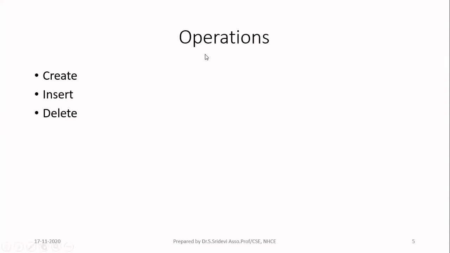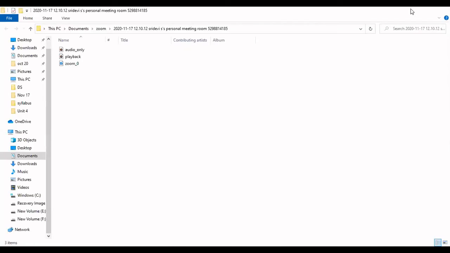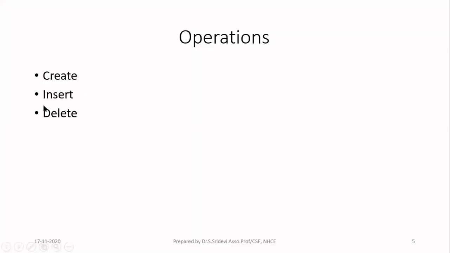Now, in case of the heap tree, you can perform basically 3 operations. We are going to see them. First, we will see the create. The operations are you can perform create, then insert, and then delete. So let us see what is the meaning of create. Create is nothing but you are going to create your tree. Once you create the tree, in case of insert, you can insert at any position. Then in case of delete, you are going to delete the node from your max heap.